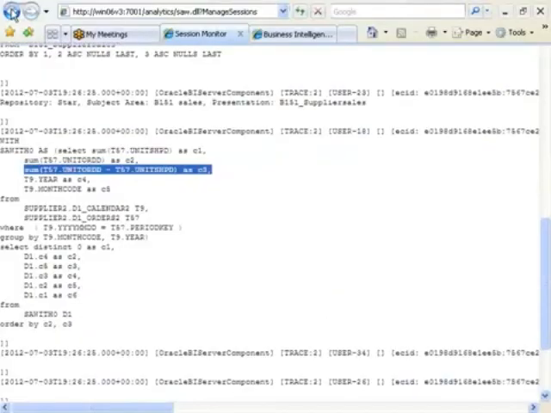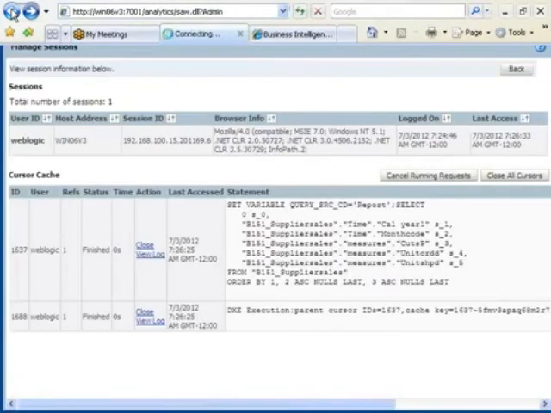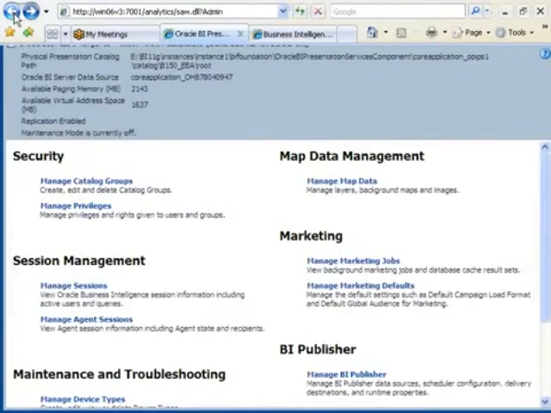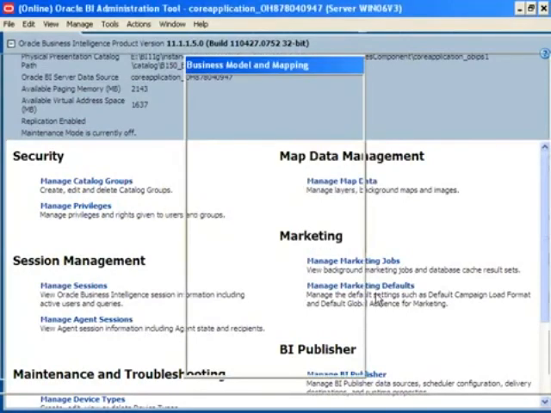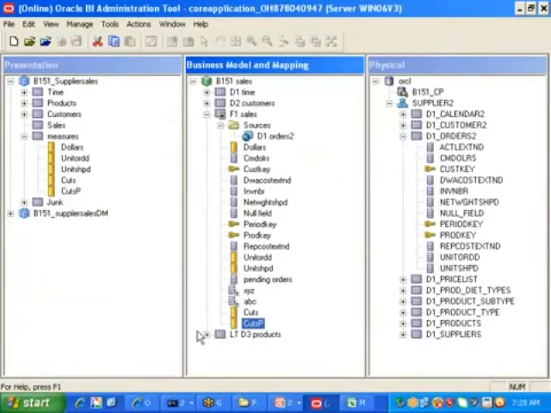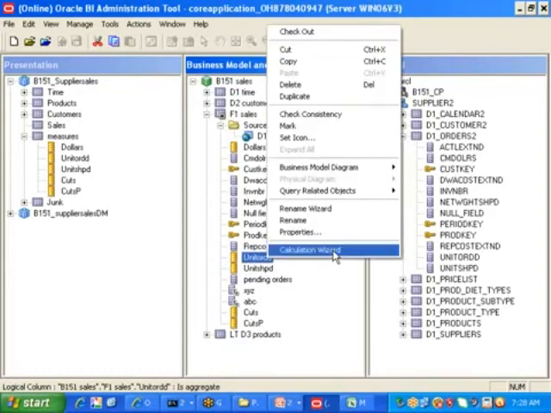No issues. Let me go back. And I am left with one calculation that is called as, what, sir? Calculation wizard. Let me go for the calculation wizard. I am going for F1 sales. Here I have unit ordered, unit shipped, two columns. Now I want to do the same calculation, called pending orders or cuts or whatever it is. Now I am right clicking on unit ordered. Then I have what, sir? Calculation wizard, one option.